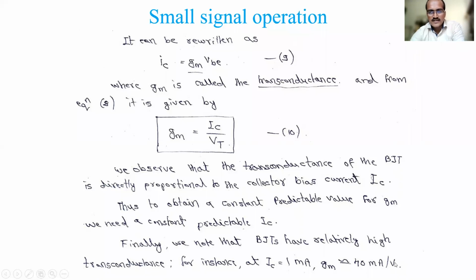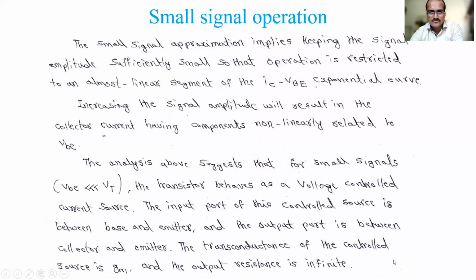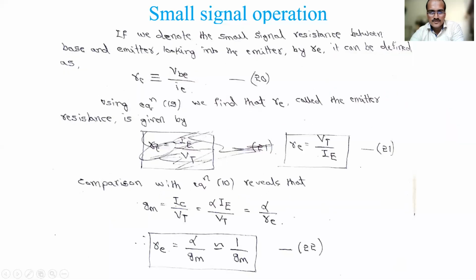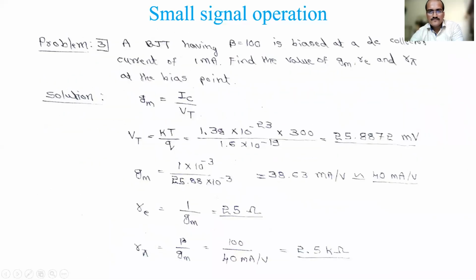But still, in this problem it is not given, just to show you how it will come for 1 milliamp, so I try to do that. If you know that, if you skip it also, no issue, but better you do it. So this is the value. These two values will be used repeatedly, even in MOSFET also, so be cautious about this value, whenever I use it in further problems.